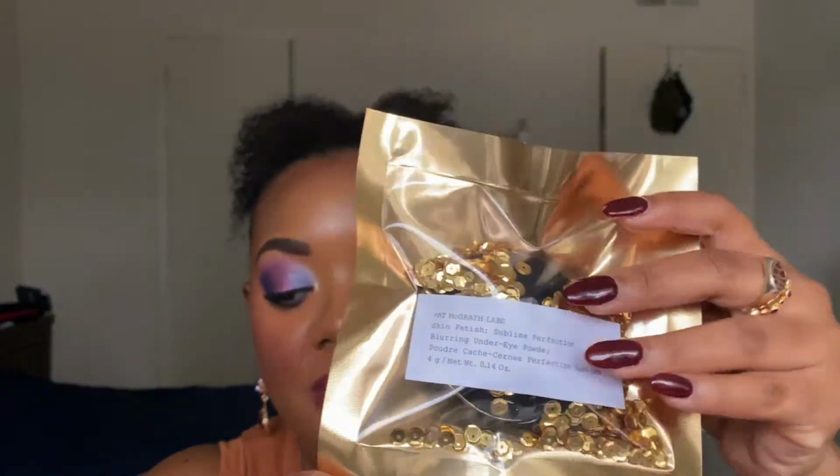In addition to picking up the highlighter, I picked up another one of her under eye blurring powder. This is in the shade Yellow, and I actually did the bundle deal. If you guys didn't know, Pat offers a lot of bundle deals on her website, and one of the bundles is the under eye powder and the concealer together. So this is a $52 bundle, but with the 30% off, I think I paid $35 for this in total. So again, I picked up the powder in the shade Yellow, and then I picked up the concealer in the shade MD23, which is medium deep 23. It has a golden undertone,